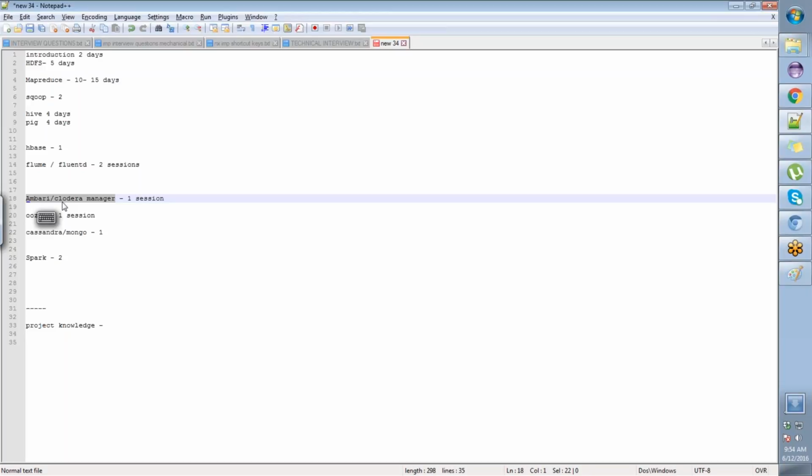Though I am an okay developer, I did a lot of cluster setups recently. For the last 3-4 months, I did Hortonworks cluster, Cloudera cluster, lots of things I played with. I never faced any issues with the administrative part. That's why, rather than concentrating on installing this thing and that thing, you should concentrate